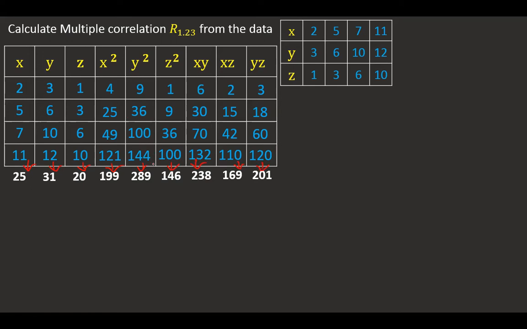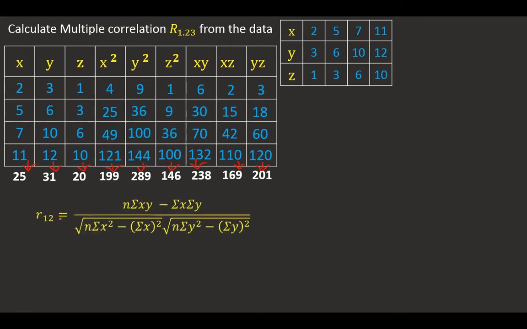Right. Fine. Right. So now I'm going to use the formula for here R12, because X is 1 for me, Y is 2 for me. So I am using R12 here. Okay. Now after R12, I am substituting in this formula all the values, whichever is relevant to this. So what is my N here? 1, 2, 3, 4. That N I'm going to just put it here.